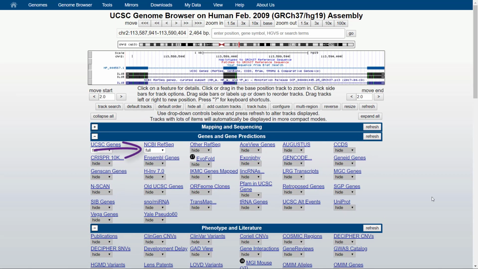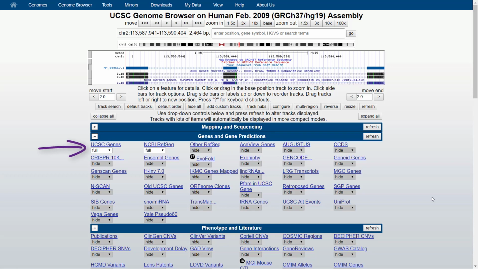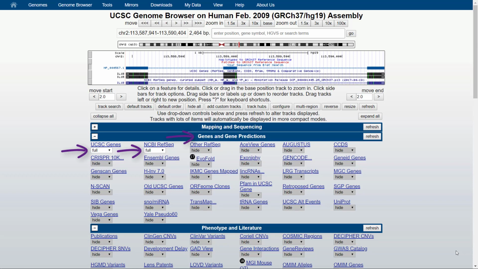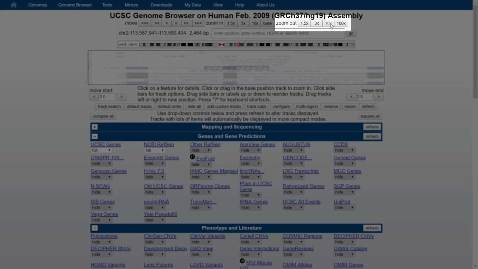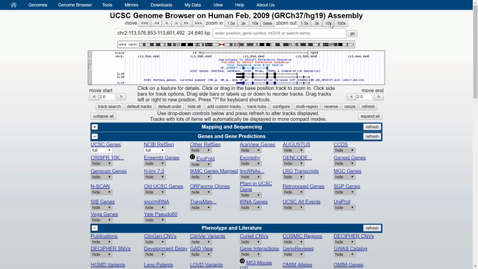The most reliable source to identify genes is the RefSeq database, which can be shown as the NCBI RefSeq track in UCSC. Alternatively, there is a track called UCSC Genes, which is based on other resources including computational prediction of genes. Both UCSC and RefSeq tracks are presented under the Genes and Gene Predictions tracks title. As we will see below, these tracks will not always correspond. Zoom out until you get the full sequence view in the UCSC Genes track. If you want to zoom in, you can also drag the mouse on the area that you want to keep.